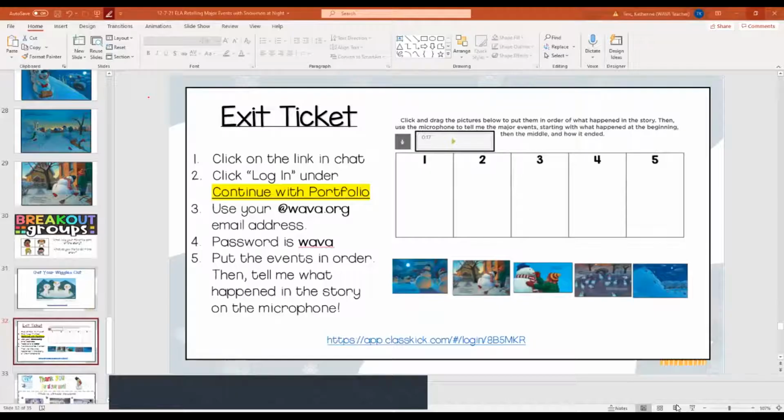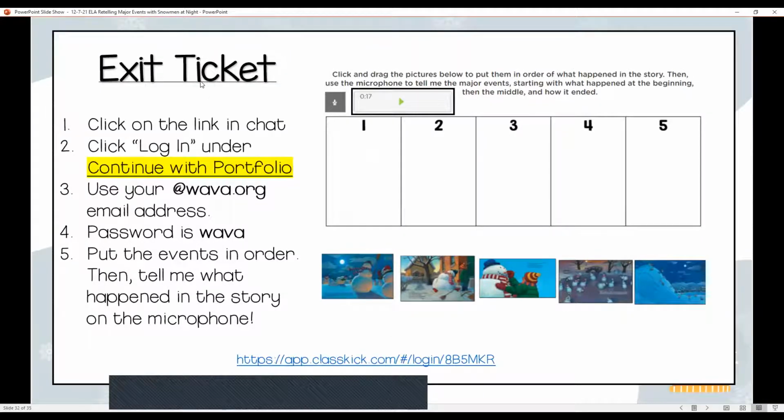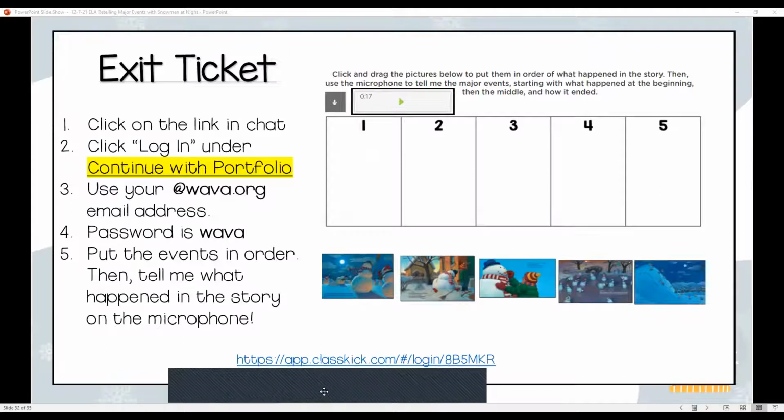All right, kindergartners, I hope you enjoyed that, the winter pokey. All right, we are going to now just talk about our exit task that you have today. Let me share the screen here. So this is very similar to the exit task that you did whenever we had our last story. And so all you're gonna have to do is click on each of the pictures and move them to show where they would go and in what order they would go.